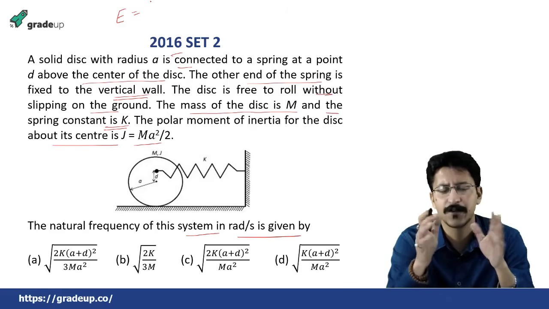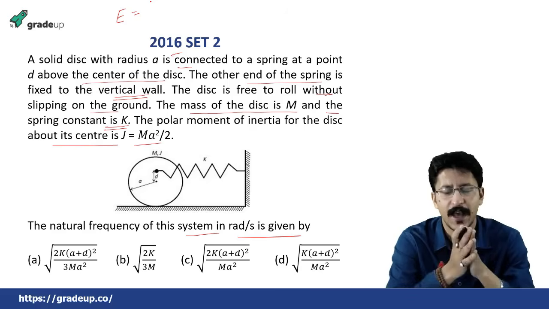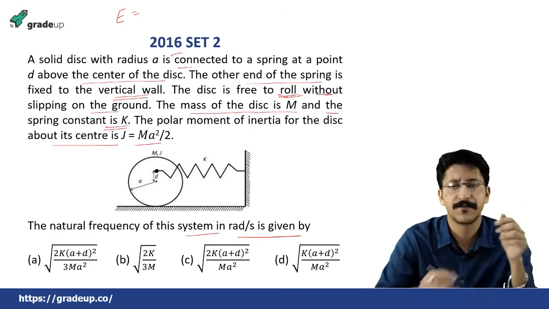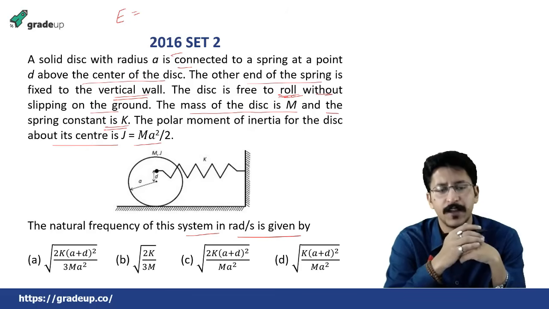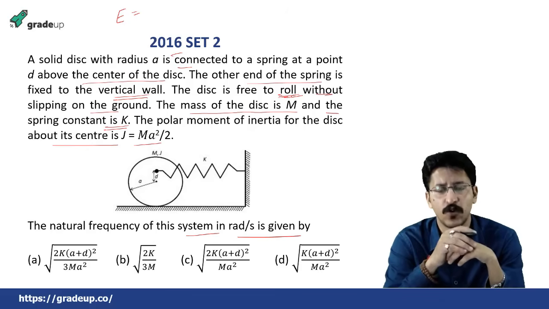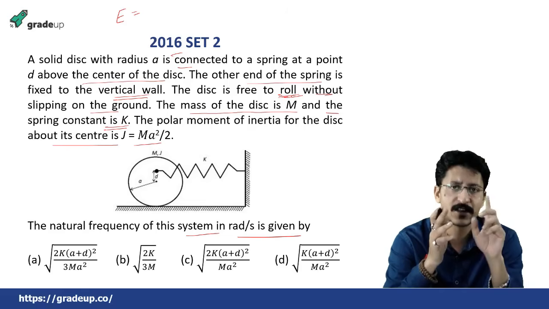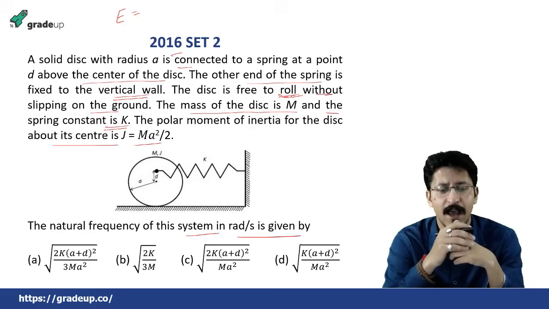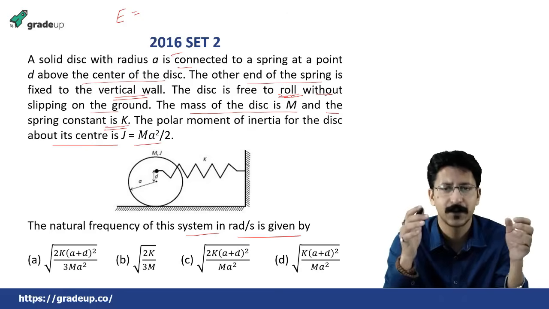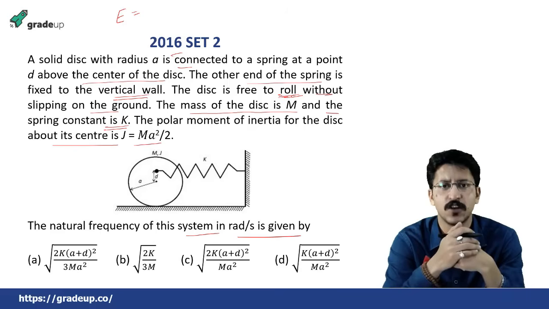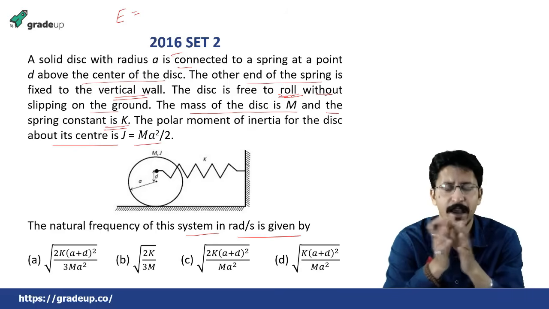One is the kinetic energy of the disk, the translational one, and second one, because it says that it's free to roll, that means there is free rolling without slipping on the ground. That means it's pure rolling. So pure rolling has rotational kinetic energy also. So one is translational, one is rotational, and the third one, the spring will get stretched when it moves. So there will be the potential energy also that is stored in the spring, that is given by half